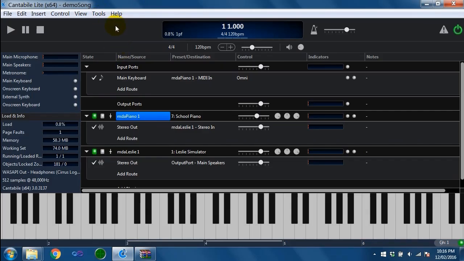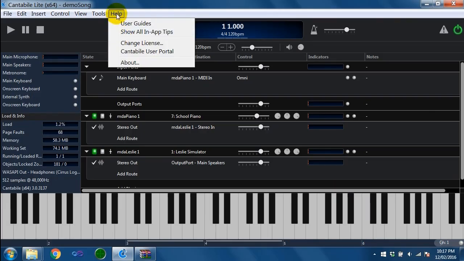I mentioned before bridging. So the idea behind bridging is to be able to use a 32-bit plugin in the 64-bit version of Cantabile and vice versa. Sometimes that's handy if you can't get all the plugins that you need on the right platform. So what you can do for that, I'm not going to go through it in detail here, but if you go through the user guides